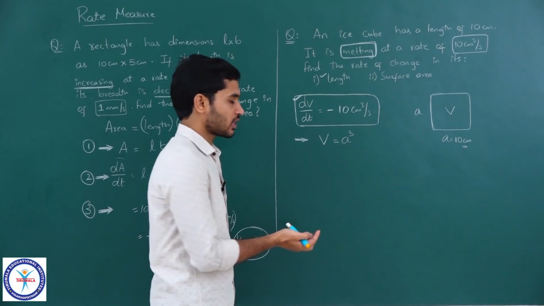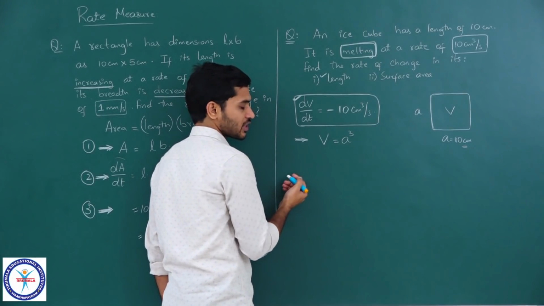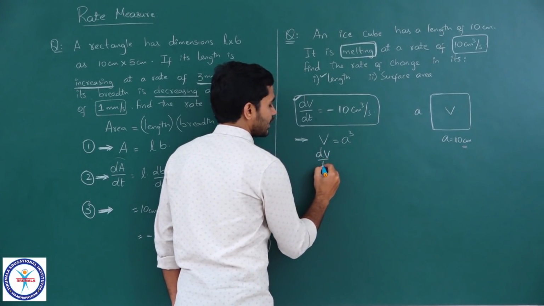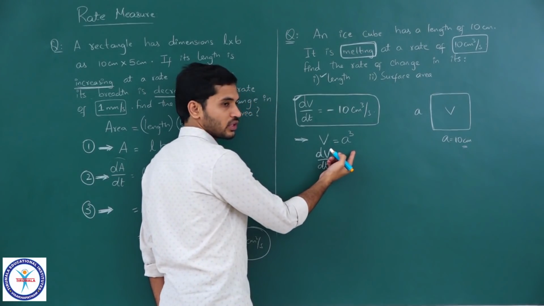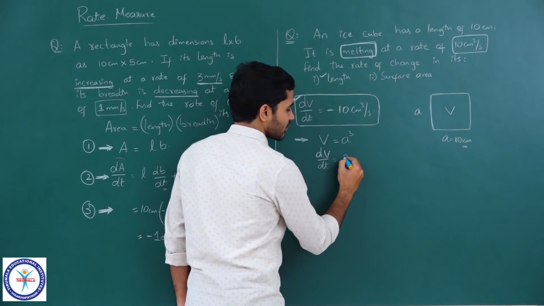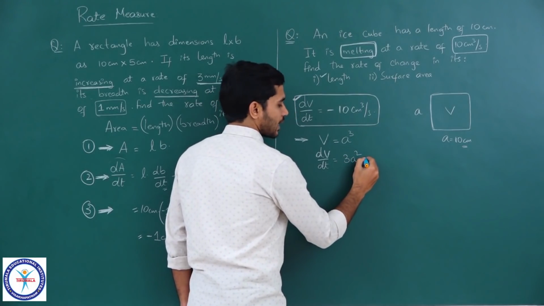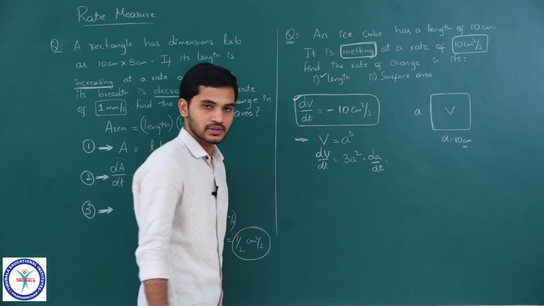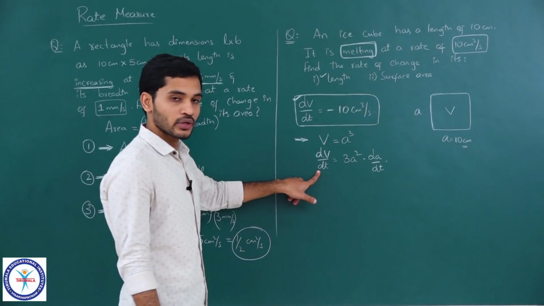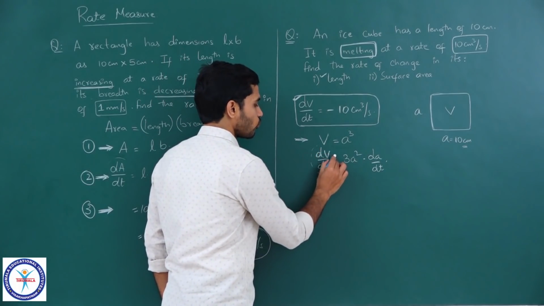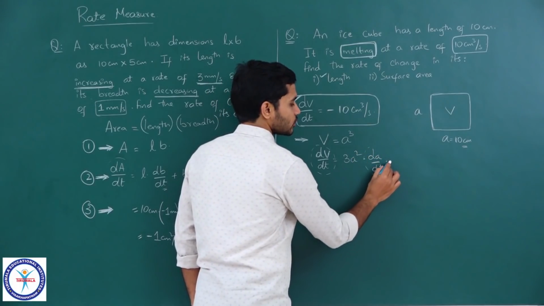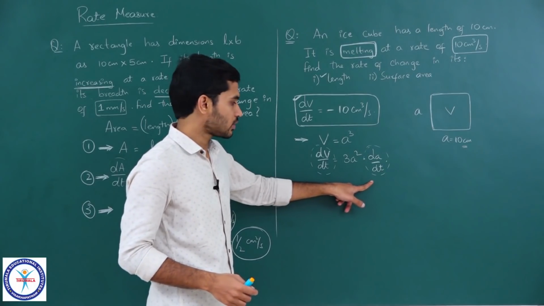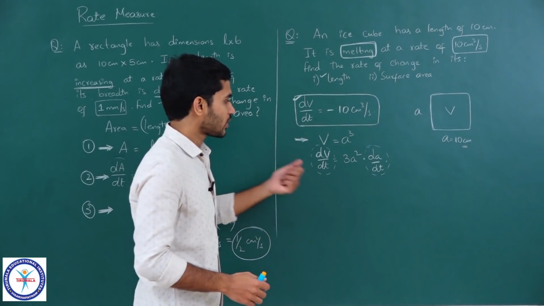Next is just differentiating it. So, I will differentiate it with respect to time. When I differentiate it, I will be getting dV by dt is equal to, you know how to differentiate with respect to time. First differentiate with respect to a and then differentiate a with respect to t, correct students? So, that is it. So, now I know the relation between rate of change of volume and rate of change of side length. The side length decreases, we know that. If you need to find that, you can directly use this relation. So, let us see what we get here.